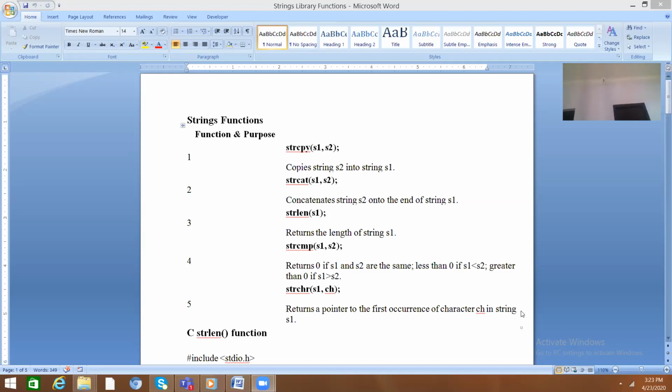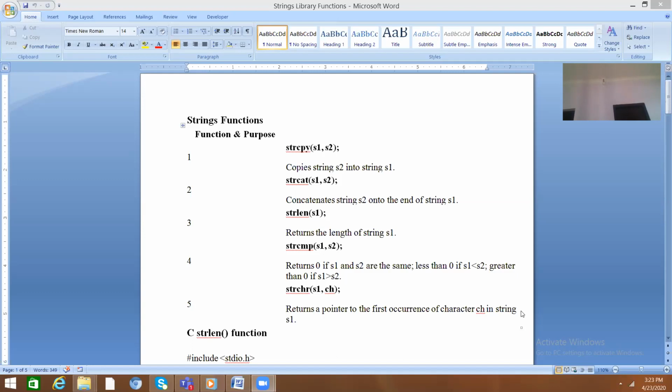To copy one string into another string, we can use strcpy, where s1 is the destination and s2 is the source. Don't call the destination a target. Target string and source string.